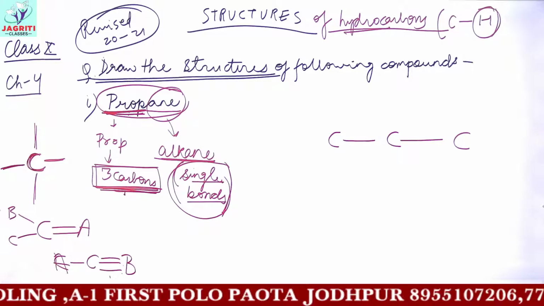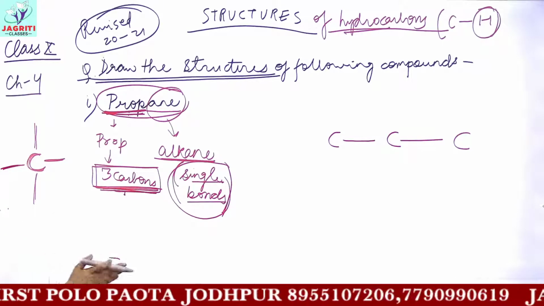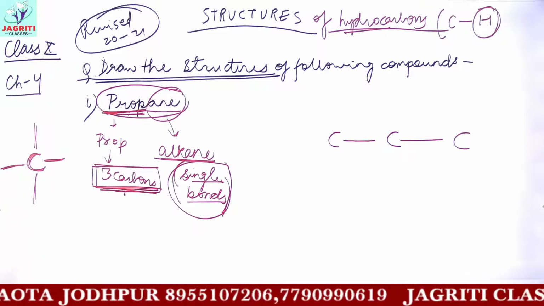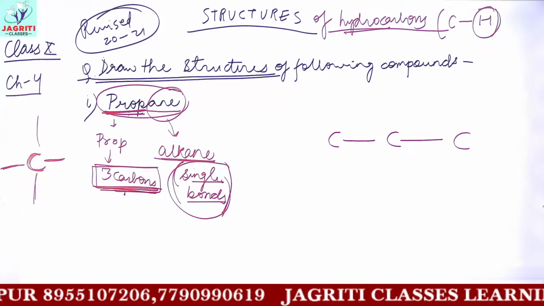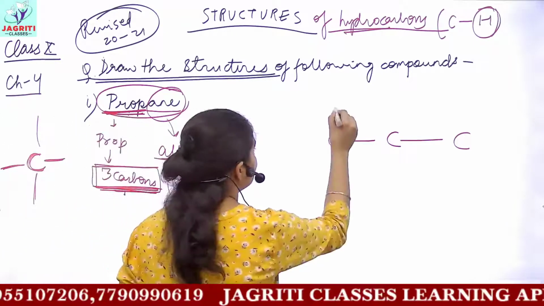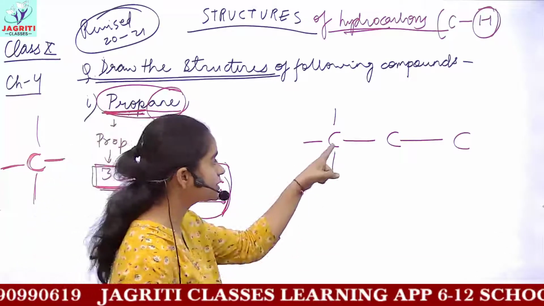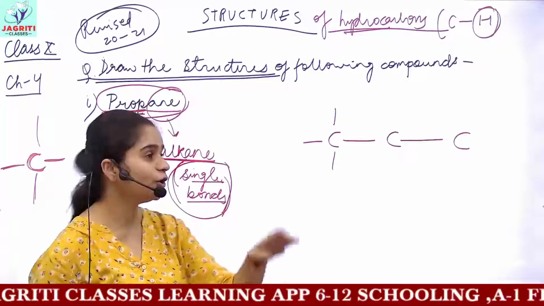So this is what we have while we are talking about carbon. That is, carbon contains 4 bonds. So each carbon would be joined, and all its 4 bonds or 4 valencies should be completed. So now let's start by drawing the valencies of each carbon. That is, for the first carbon, this is our first carbon, we have to draw its 4 bonds or 4 valencies.